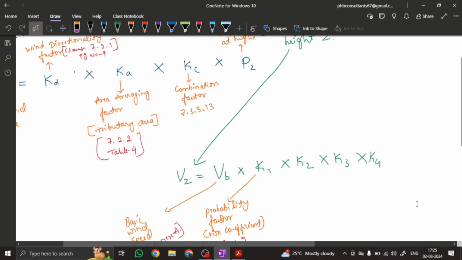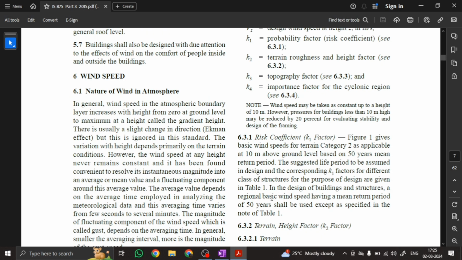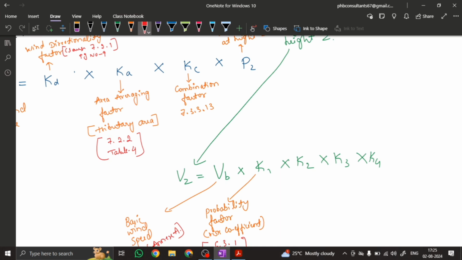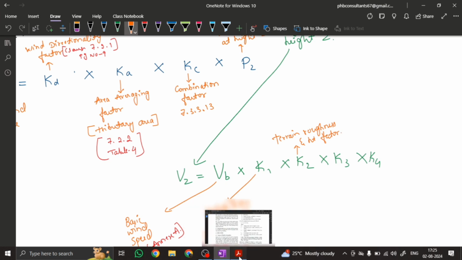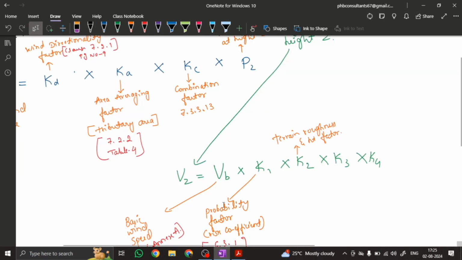Now K2 means terrain roughness and height factor. What does the code say? See this, 6.3.2. We have to see 6.3.2. Okay,